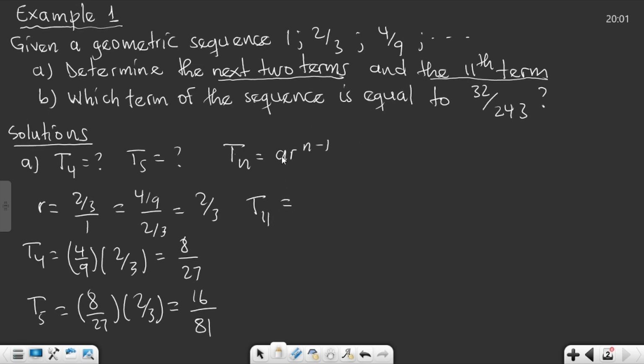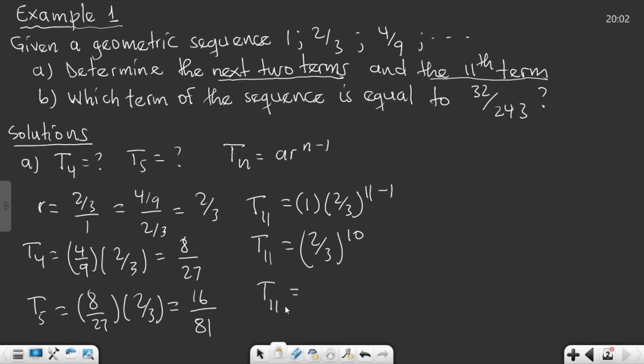What is A? Remember A is our first term. So it's 1. And what is the common ratio? We found the common ratio. It is 2/3. And what is N? N, the position of the term we are trying to find. It's 11 minus 1. So you have T11 is equal to 1 times everything, it's 2/3 to the power of what? 11 minus 1, it's 10. So T11 will be,